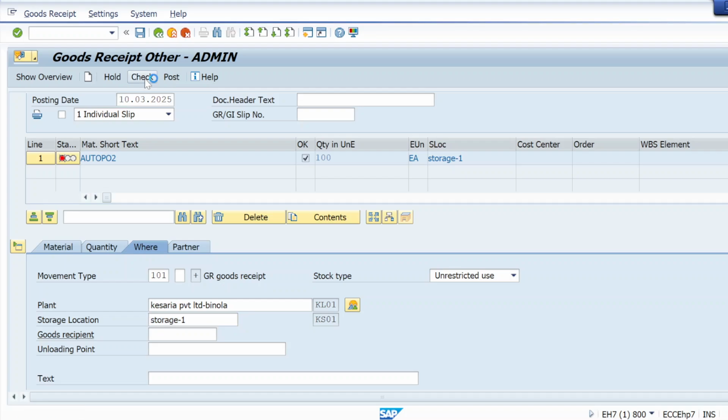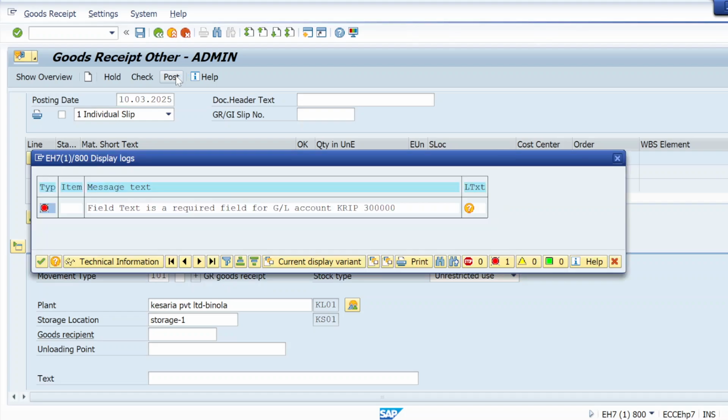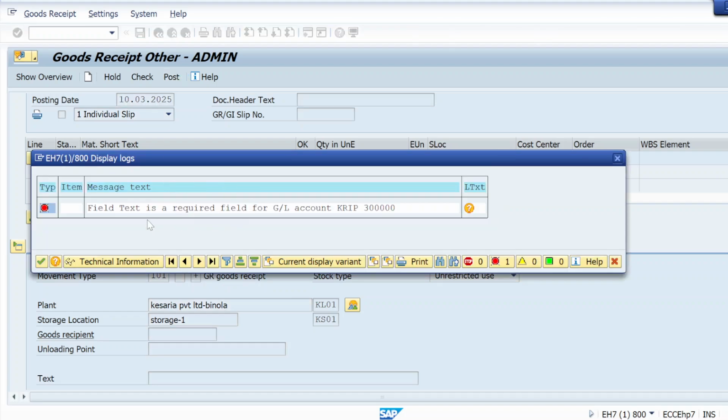Check. Post. This is still coming. Okay, so I will make a video on this. Whatever is coming in the S4 system, I have to resolve with the help of ABAP by just doing debugging, because we are giving supplier, but it's still asking for supplier.